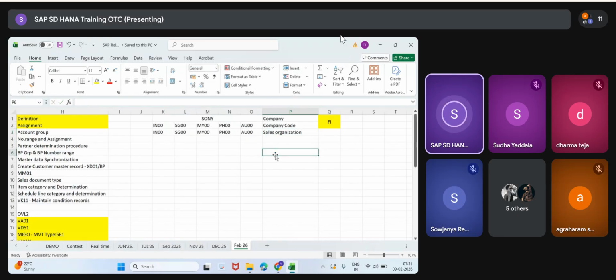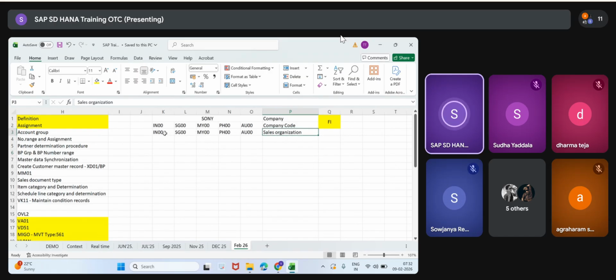So for 4 to 5 days, it will be new and a bit confusing. Definitely, you are new to this application. But after 5 days, once you start doing practice, you can understand. Don't worry. What is the sales organization? What is the company code? What is the company? Definitely it's new. You are a bit confused, but blindly you have to follow how we have followed in our education. In the beginning we also had such confusion. Once you start reading, you can understand.